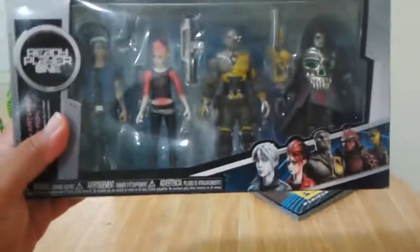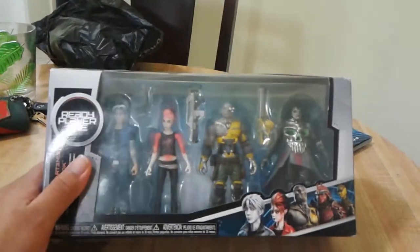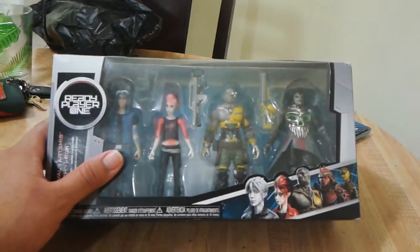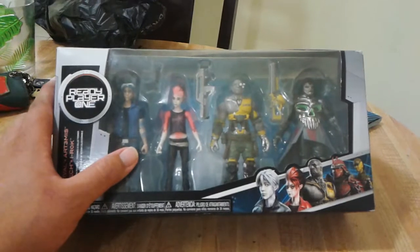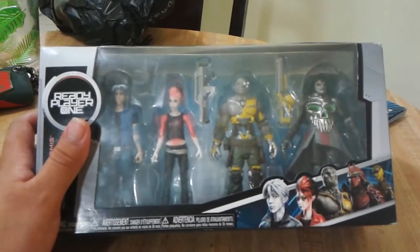What I have here is a Ready Player One set of 4 figures from Funko. I got this from GameStop. I was asking if they had any Ready Player One merchandise. What I knew they had was a bunch of blank books, like little journals with the IOI logo on them. It's an element from the movie, so I won't go into too much detail here. But yeah, these are the four of the main characters: